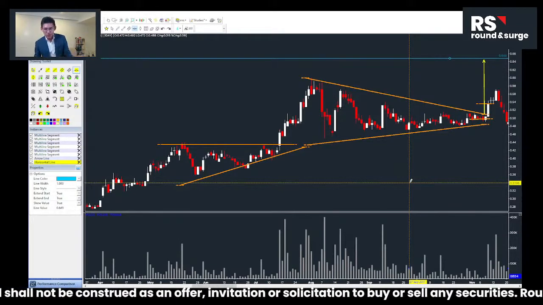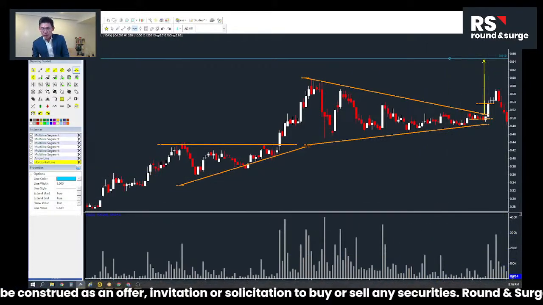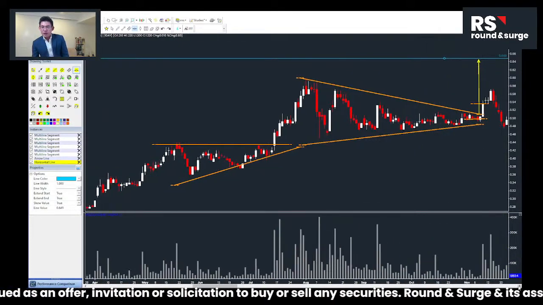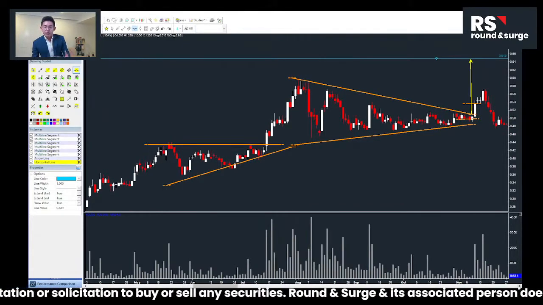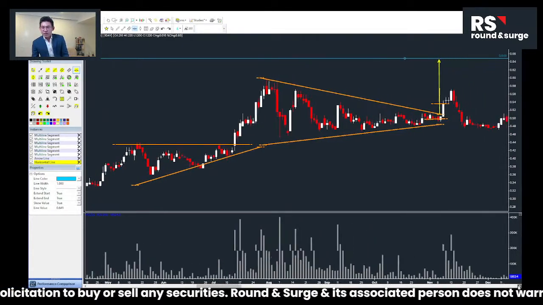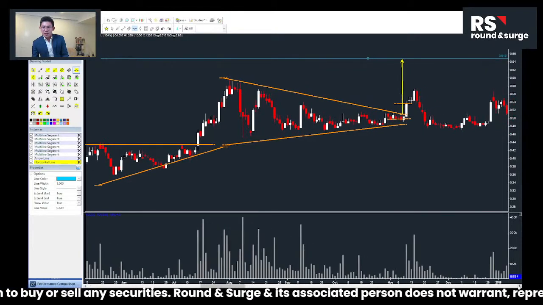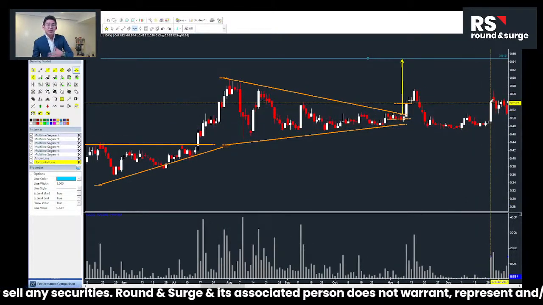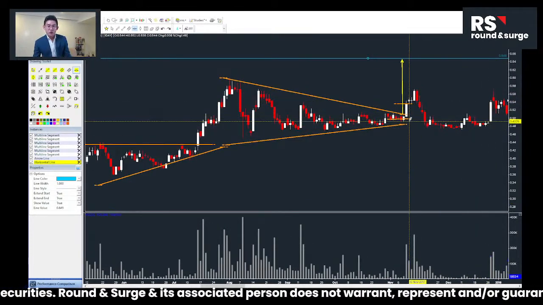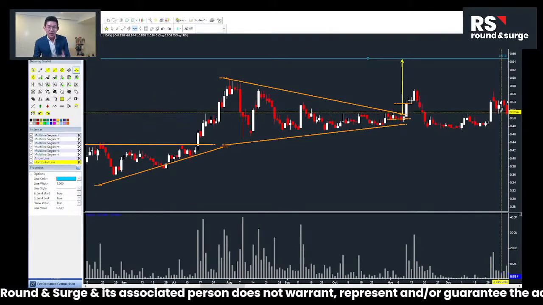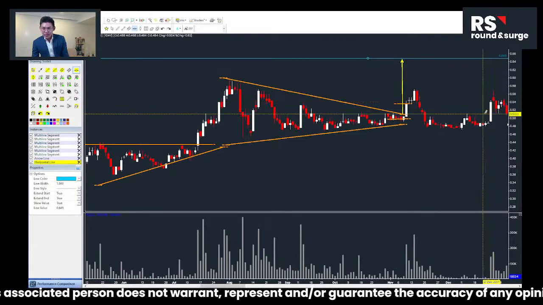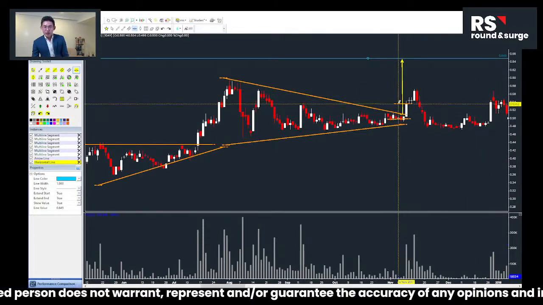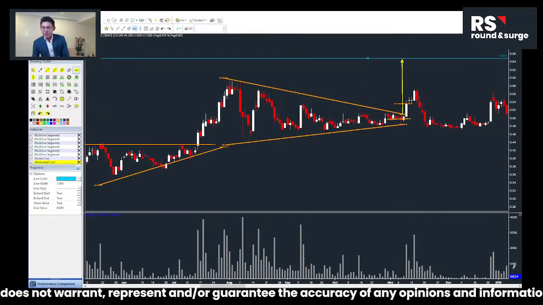So first timer, you cut loss is good. For those who did not cut loss, then you start to think, there is another rebound. So you think, okay, maybe right now I average down. When you average down, the price goes up again. Then those who cut loss earlier start to think, oh, I shouldn't have cut loss. All right, so right now the price moved back up higher. At this point, those who did not cut loss are happy about it.